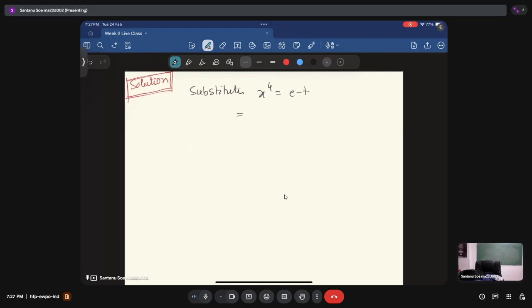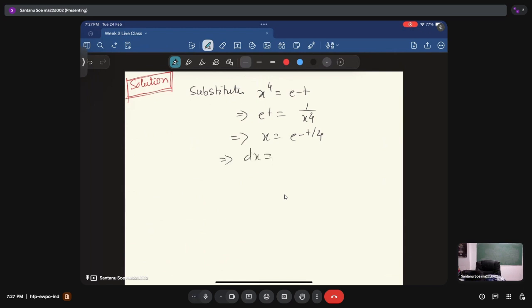So this implies that e to the power of t is 1 by x to the power 4, correct? Or x is e to the power minus t by 4